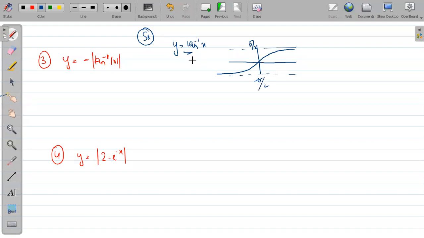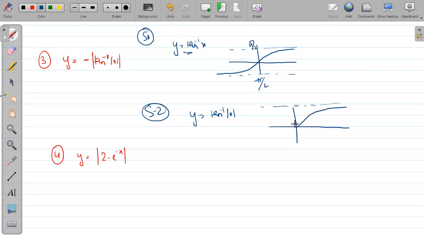Correct? Step number 2 will be what, sir? You can put mod here also, or you can put mod over x also. It's your choice. Suppose I am putting mod over x. So on putting mod over x, whatever there is in the left hand side will be removed, and whatever there is in the right hand side will be taken image of. So you are getting like this one.